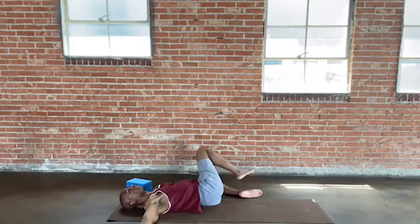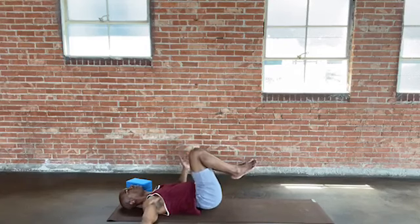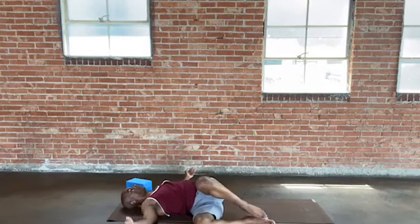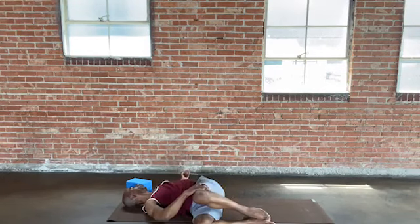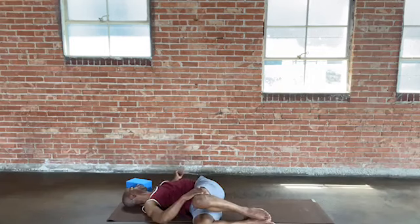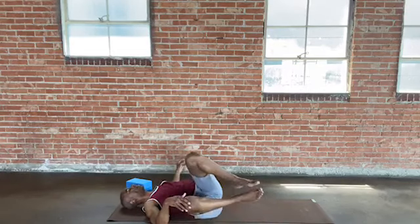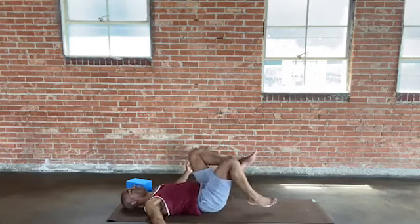And when you're ready, go ahead and bring the knees back up to center, even a little pause right here, and then take the knees down to the other side. Spinal twist. Whenever you're ready to move, there's certainly no rush. Finishing your twisting practice, let's bring the knees back up to center and extend the legs out in front and